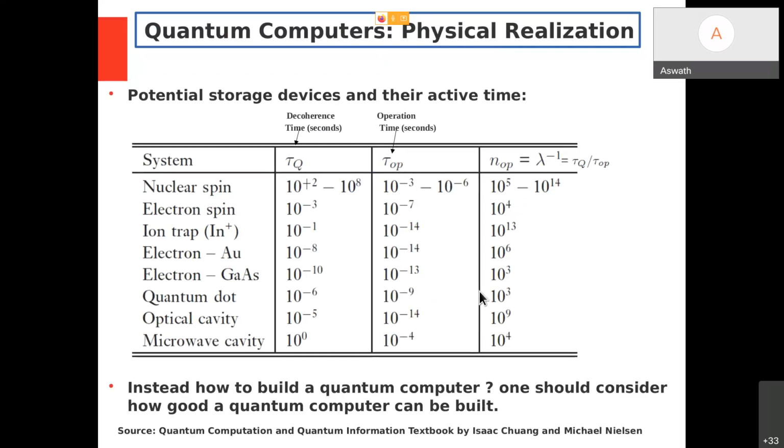So let's understand hardware wise what is needed. Obviously, I need an atom whose electron can exist in ground and excited states. That gives me a two-state quantum system. Other possibilities are nuclear spin. Apart from the electron, the nucleus also rotates about itself. It can have its own spin, either an up spin or a down spin. Electron, like I mentioned, and ion.